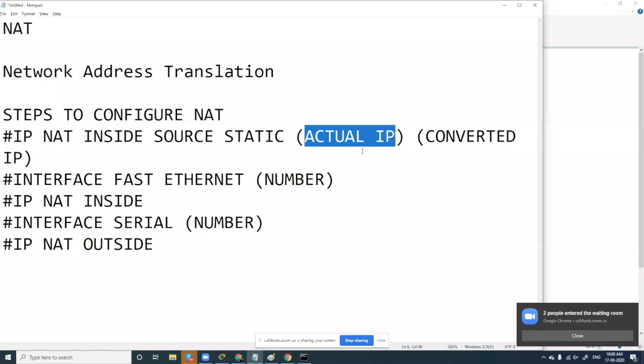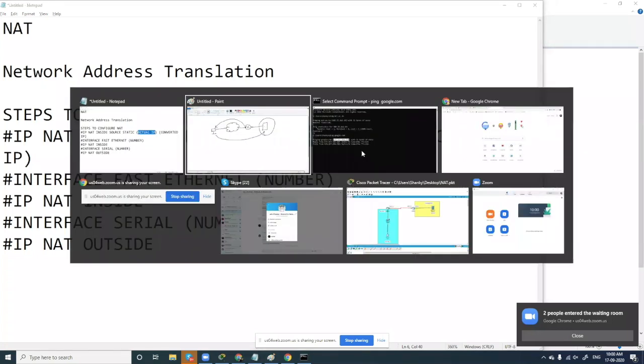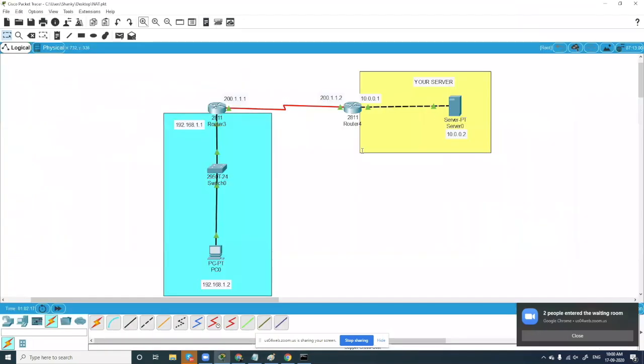So the actual IP address, as per our diagram, I'll go to the Packet Tracer diagram. The same diagram I have drawn, the actual IP address is 10.0.0.2. And the converted IP address is 200.1.1.2. Very simple. Fine.